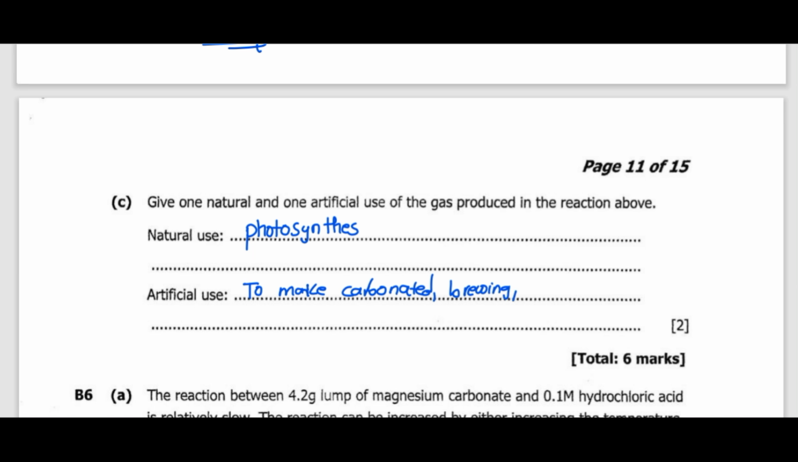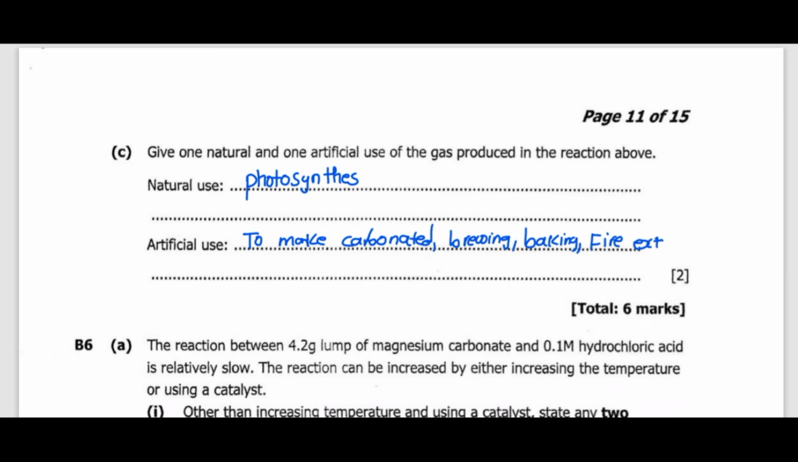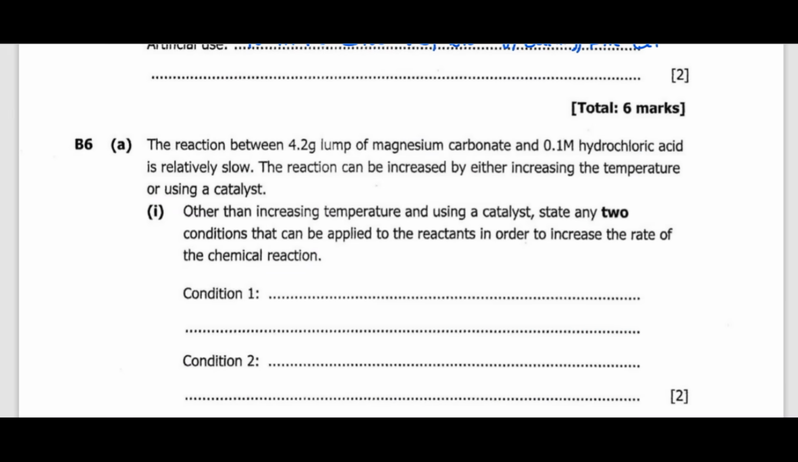Then also baking. Apart from baking, in fire extinguishers. So all these are artificial uses. Then we move on to question